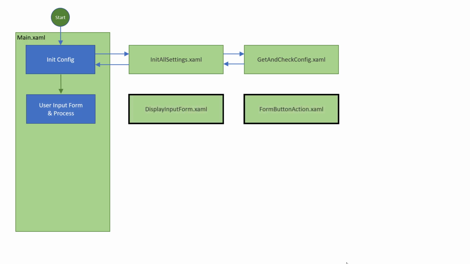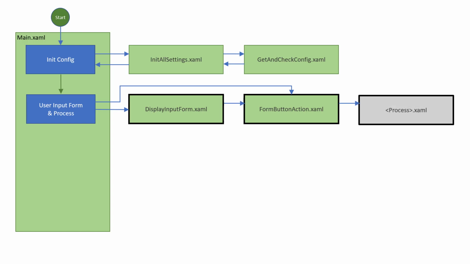In this state, two things can happen. We have the display input form XAML file where we display that input form, where we pick the folders that we want to copy or move files to and from. And then we had the form button action file where we decided what action to take based on what button was pushed. Now by default, the display input form is displayed, but as we saw in the deployed version of our automation, when we decided to not show the input form, you can also be taken directly to the form button action. Again, depending on what is going on, we'll run some kind of processing file,